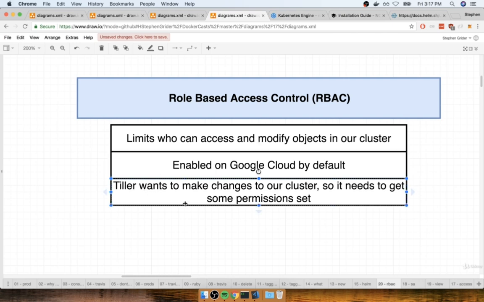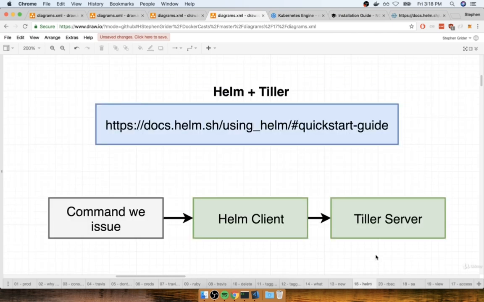Now, the obvious thing that I want to point out here is that, as I just said, the purpose of Tiller is to attempt